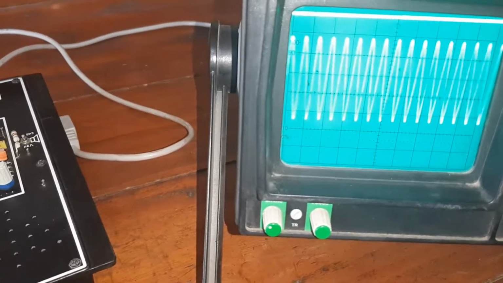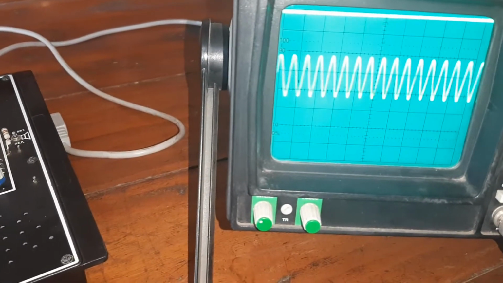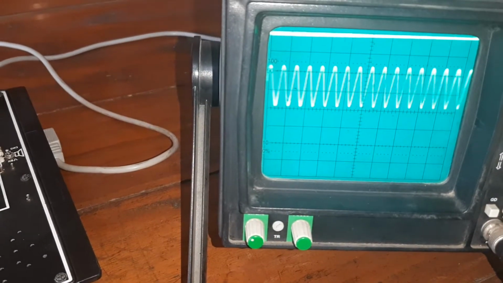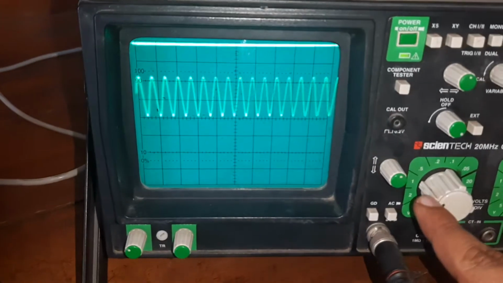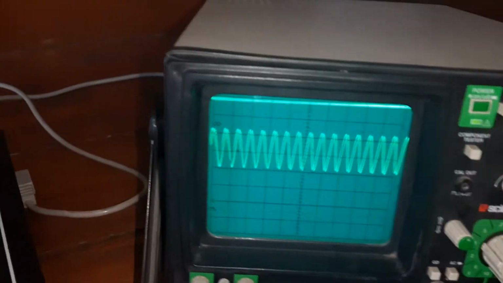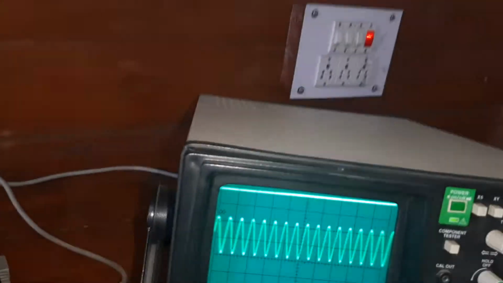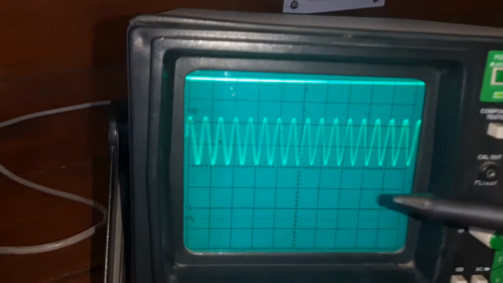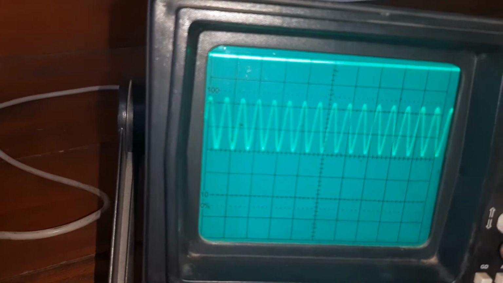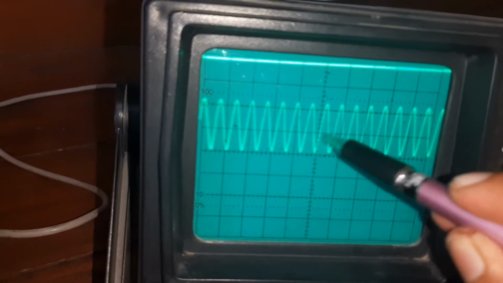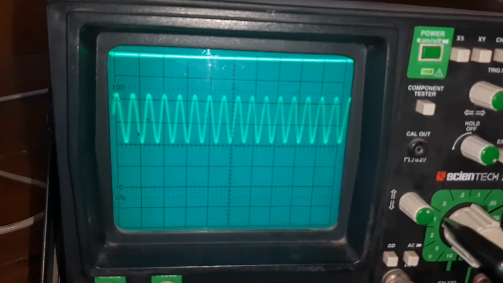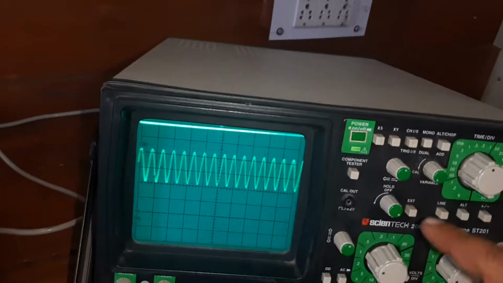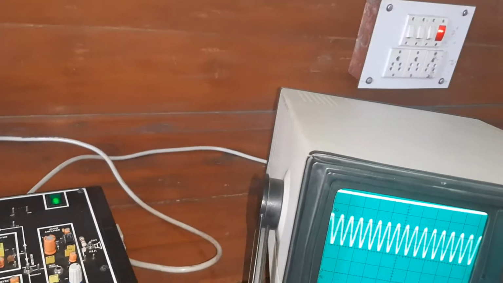The total amplitude, if you are observing, is 2.2 into 1 volt. Obviously everyone knows how we can calculate this. It is approximately 2.2 into volt per division, that is 1. This is our input signal from the audio oscillator.